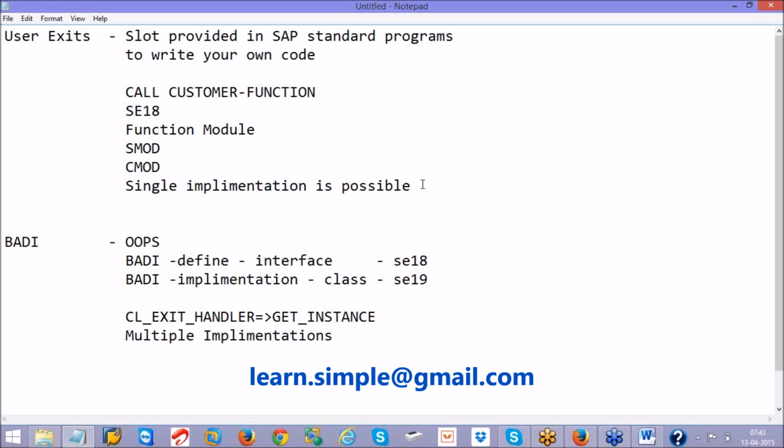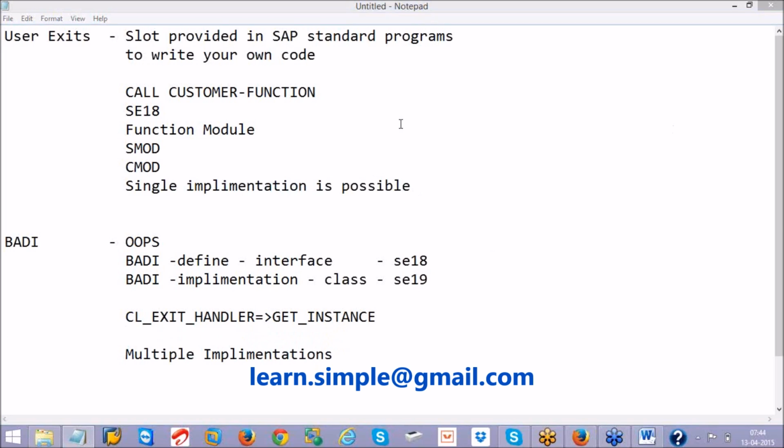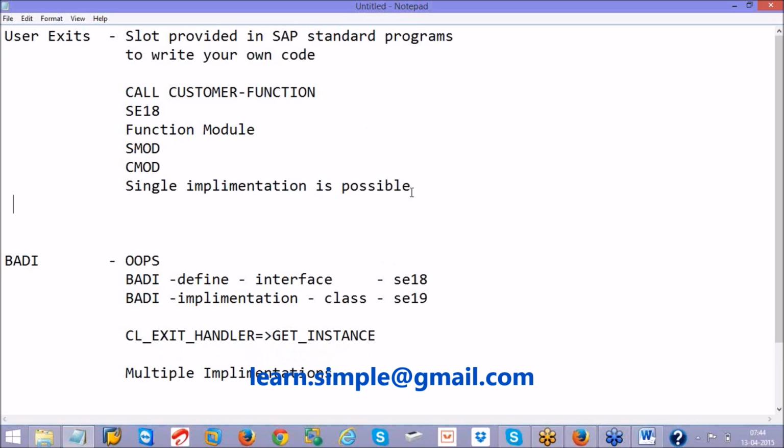And one more point: for user exits you don't have your own definitions, right? Definitions are always SAP-provided; you go to SMOD and find the definition.